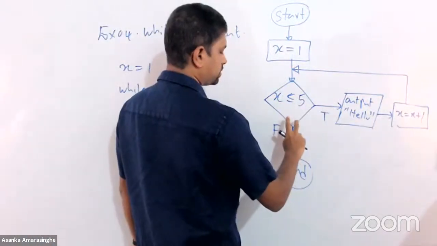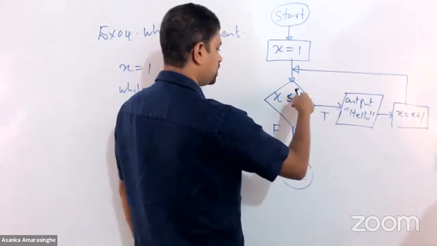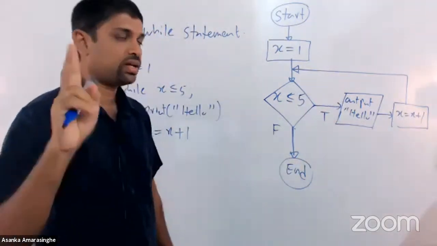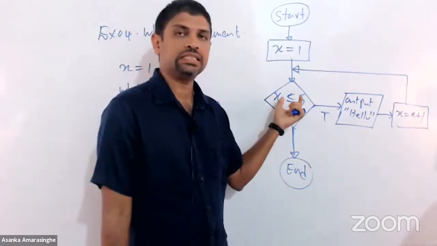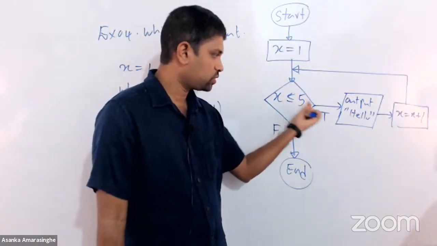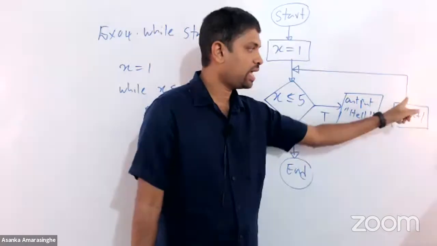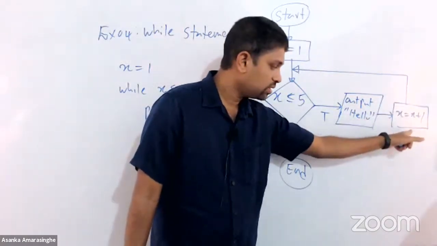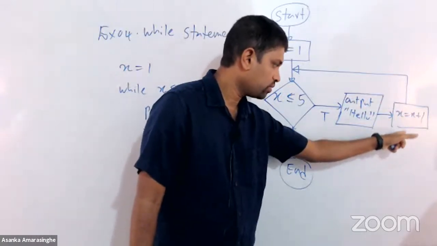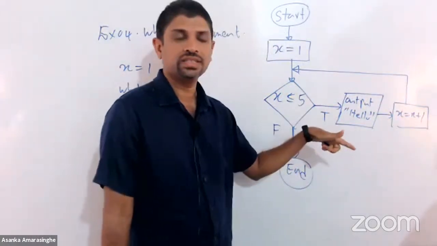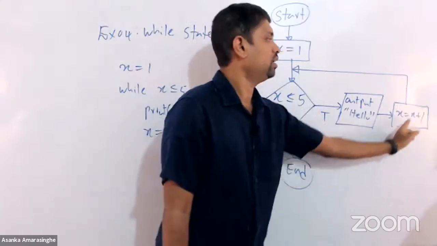This can be true or false. If it is true, this way, otherwise that way. If you compare the selection structure and the repetitive structure, in a selection, if it is true we are going to do this, and what happens next? Go to the bottom. After completing it we are going in a downward direction, but here again going to the top